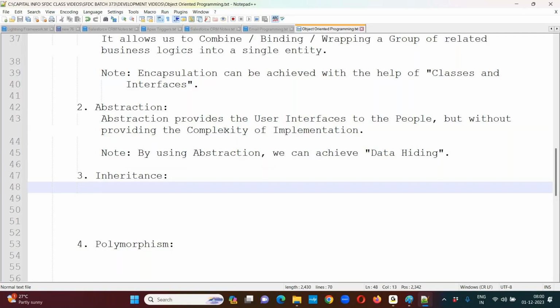Done? Next. Inheritance. So what exactly does inheritance indicate? What do you mean by inheritance generally? Okay, right. Generally, inheriting means acquiring, that means accessing. Now, suppose for example,